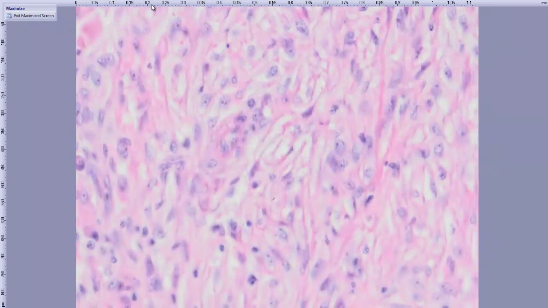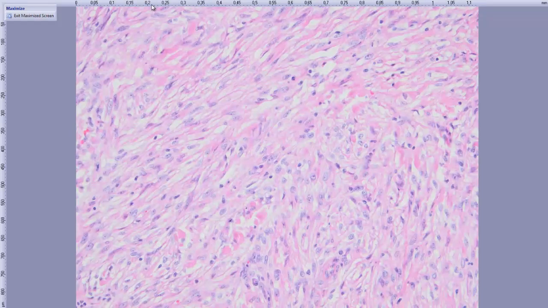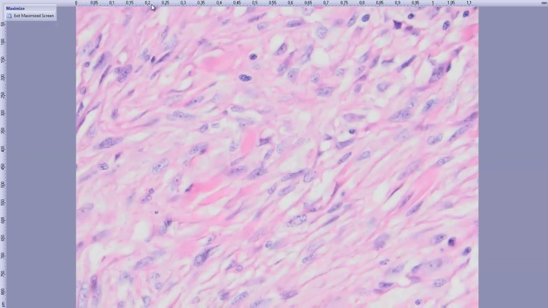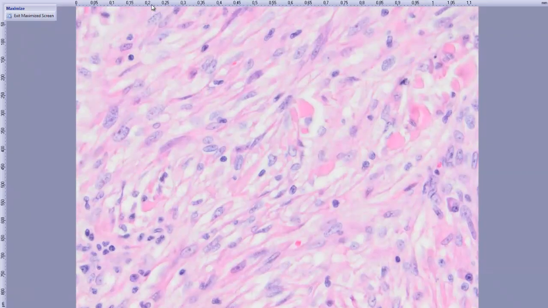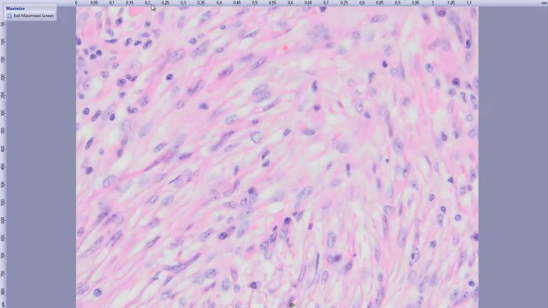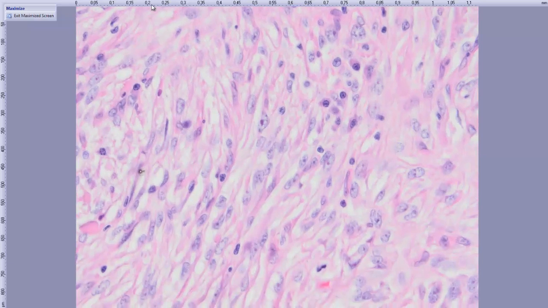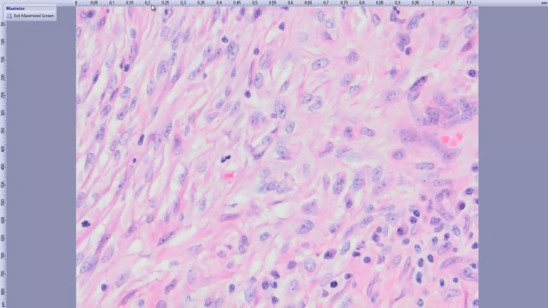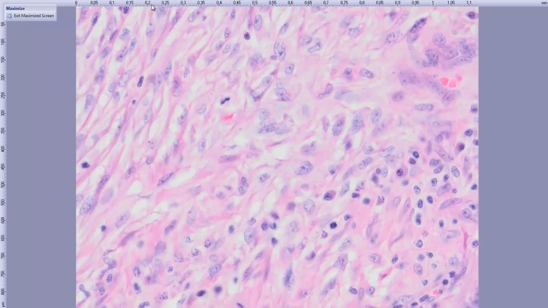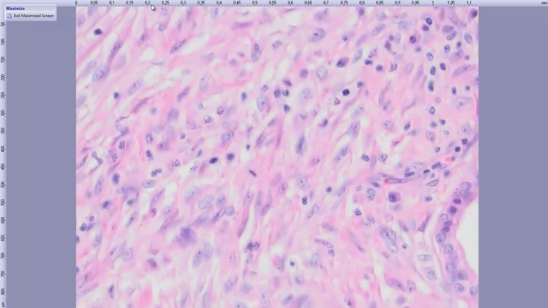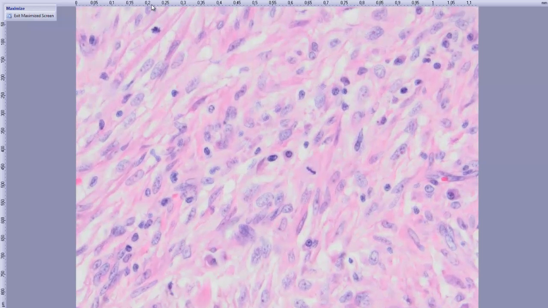And when we look at the cells, they also have a fibrohistiocytic look, but there are a few mitoses. The next thing for the cytology, actually the cells don't look malignant at all. They have a very fibrohistiocytic look, and they have an even chromatin. Some of them may have inconspicuous nucleoli, and there are some scattered mitoses just at the center,